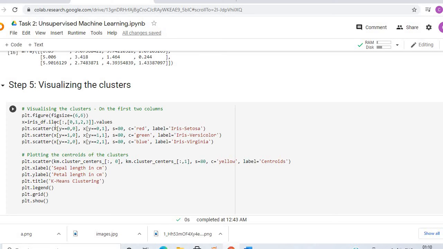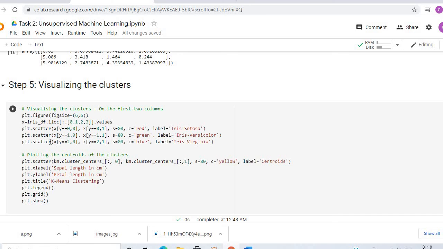Here in X, we have put all the rows and 4 columns by using the .iloc function. C represents the color, S represents the size of the cluster, and one can choose any number according to their own interest. And we have set labels for all the 3 clusters, that is Iris setosa, Iris versicolor, Iris virginica.